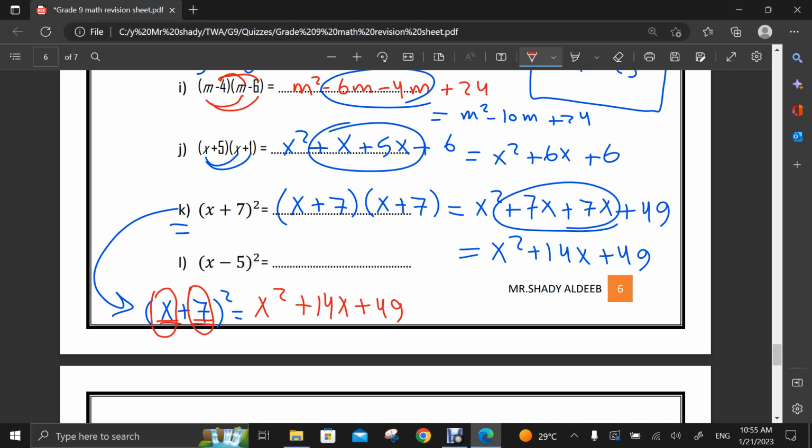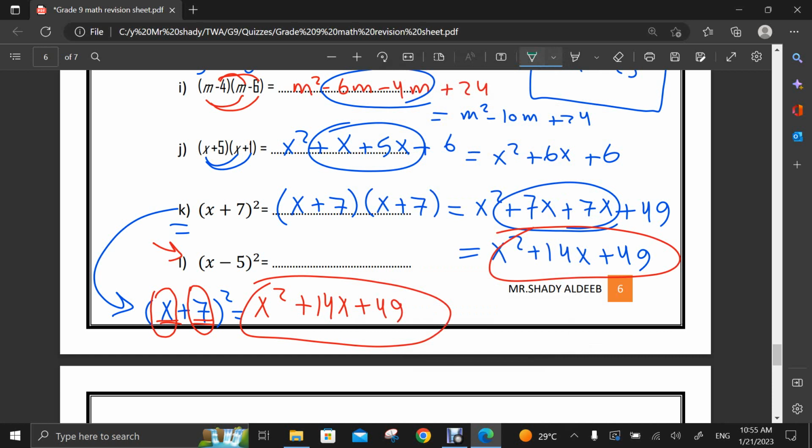So choose which method that you prefer, this one or this one. So the same answer, no problem for me. You can use any method that you want. If you have another method, no problem, but you must find the final answer. So let's see now, last question here,